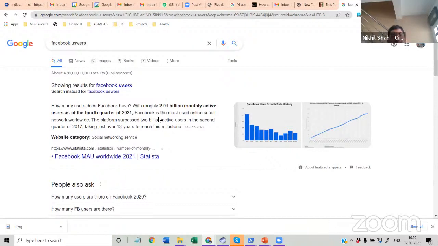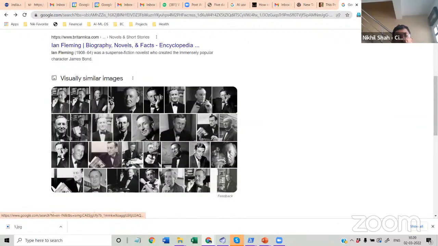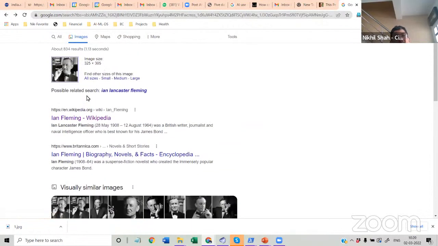So you can assume that there are so many things out there, but Google was able to come up with this search in a matter of seconds, right? How is that possible? Right? So how is that possible? That's the power of image search.